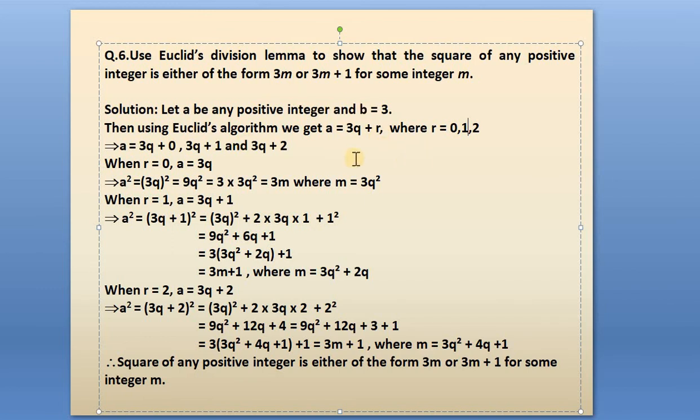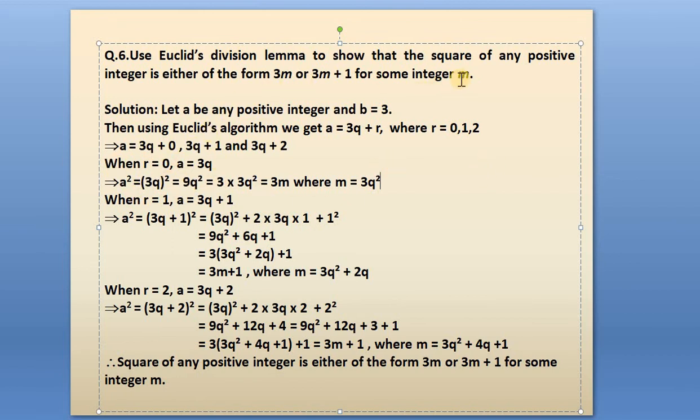What we have done? We have taken the divisor 3. So correspondingly we found the remainders. There are 3 values for remainder. Remember, whatever the value of b, that many values will be there for remainder. If b is equal to 3, there will be 3 values for remainder. Remember that. Now, when a is equal to 3q, that is when the remainder is 0,